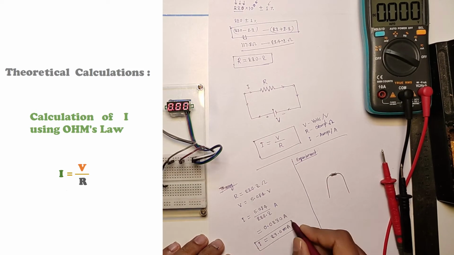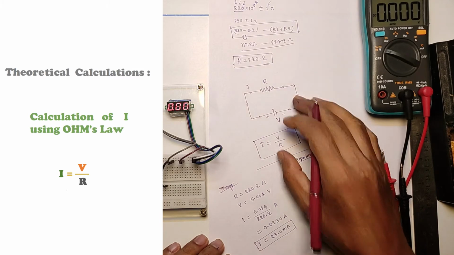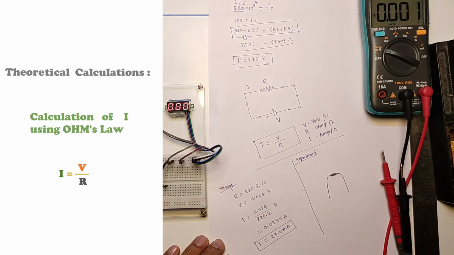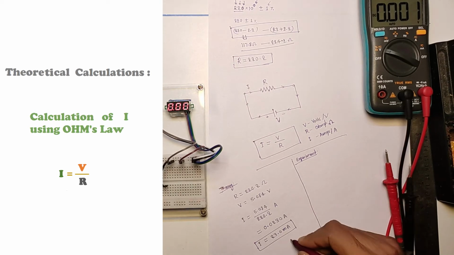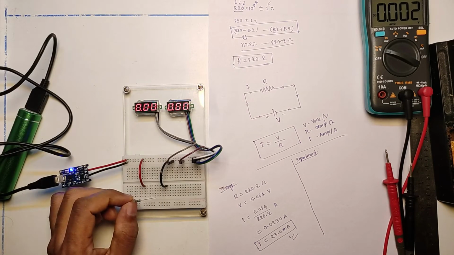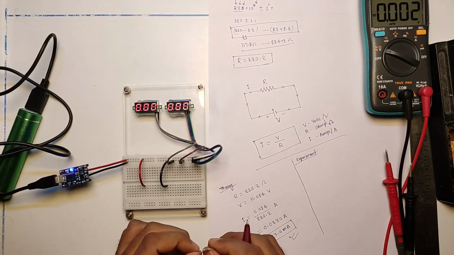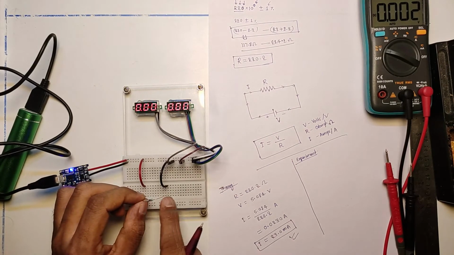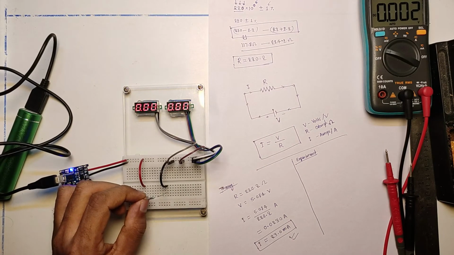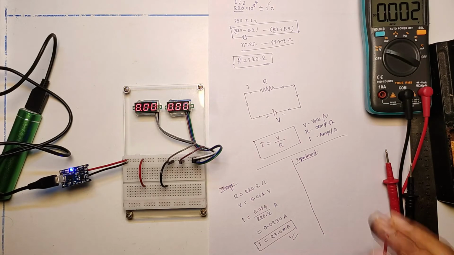So our theory says that, as per Ohm's law, the current flowing through this resistor once we'll connect here will be 23 milliamps. Okay. Now we'll go to the experiment part. First part is completed. Our theory is saying once we'll connect this resistor across this terminal, a current of 23 milliamps will flow through this resistor. That's what is our theory. Now we'll go to the second part, experiment, right hand side.